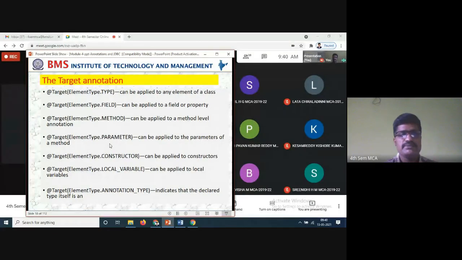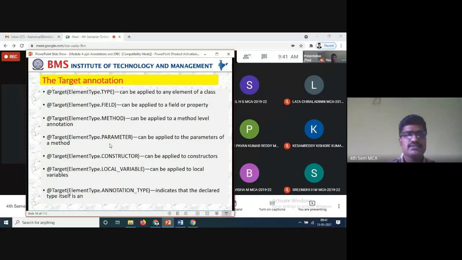Now @Target(ElementType.CONSTRUCTOR). So it can be applied to constructors. Wherever you are using the constructors, we can apply it. For constructors, the class name and method names will be the same, and you have learned function overloading also. So when you are defining the constructor in Java, we have seen function overloading, operator overloading, and constructors also. So we have learned already the differences between the constructors.